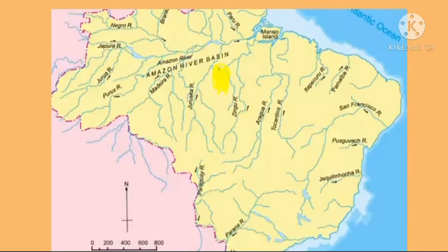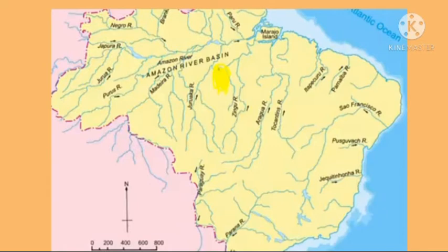So here you can see the São Francisco, which is flowing towards the North Atlantic Ocean, and the Amazon river basin we can see in the northern part here. This is the eastern part of the Andes mountain. The Andes mountain is located in this region, and on its eastern part the Amazon river is collecting its headwater. So these are the main points you should keep in your mind.